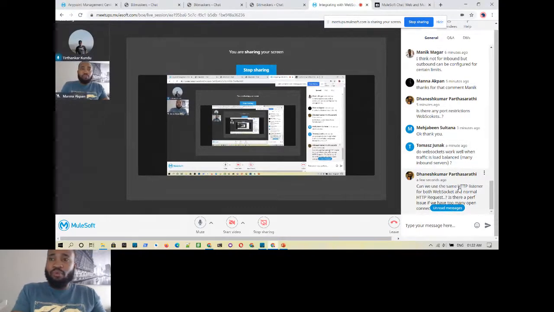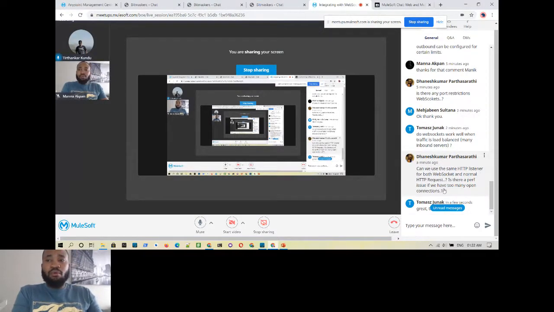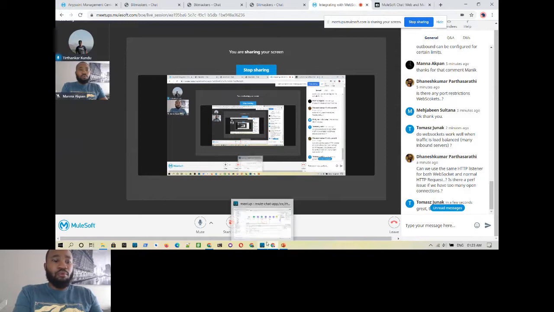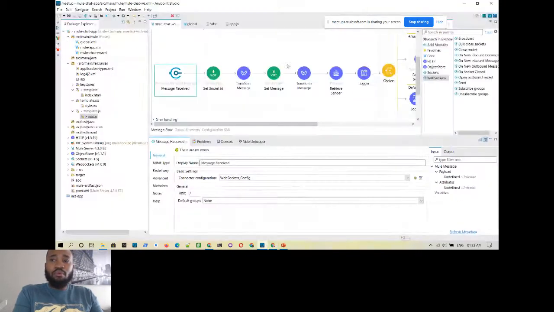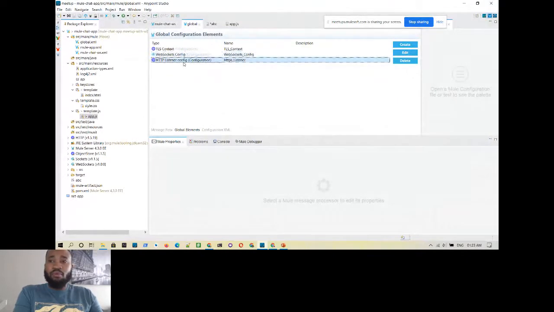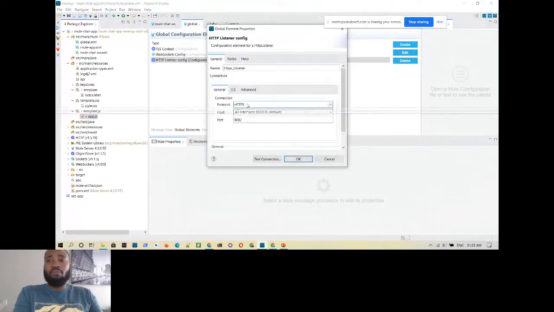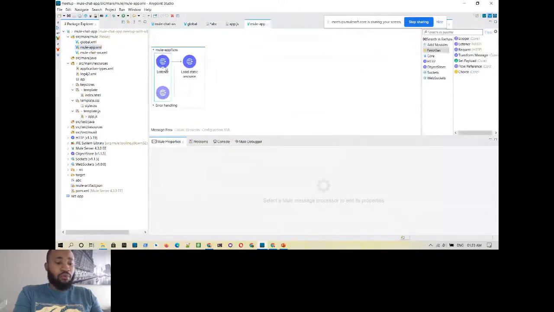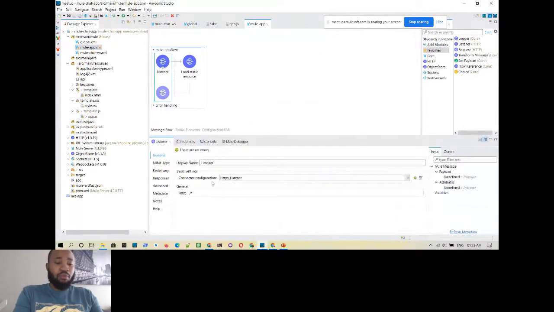Can we use the same HTTP listener for both WebSocket and normal HTTP requests? Is there a performance issue if we have too many open connections? Yes, I am using the same HTTP connection for both WebSocket and normal HTTP. I'll show that once again. So I have this HTTPS configuration, actually not an HTTP but an HTTPS configuration, and it has the TLS configuration out here. And in this Mule app that I have created, as you can see, this is the HTTPS listener configuration. I haven't created a new listener configuration. However, I can do that. There's no problem at all. I can create a new